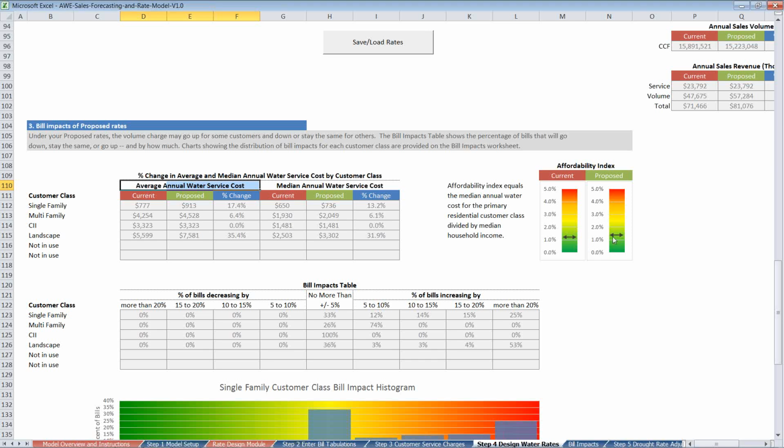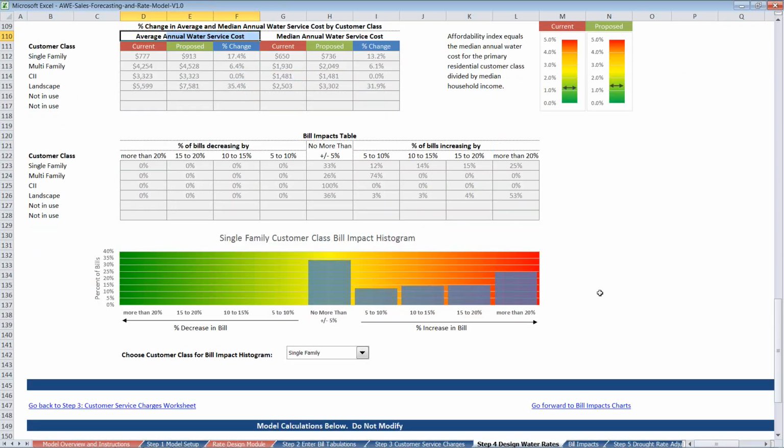So in this case, we're not seeing a large increase. It's slight, from 1.2% to 1.3%, so not a huge impact in terms of affordability. But if we want to see how the bills change graphically, we can scroll to the bottom and select a class and look at the bill impacts.